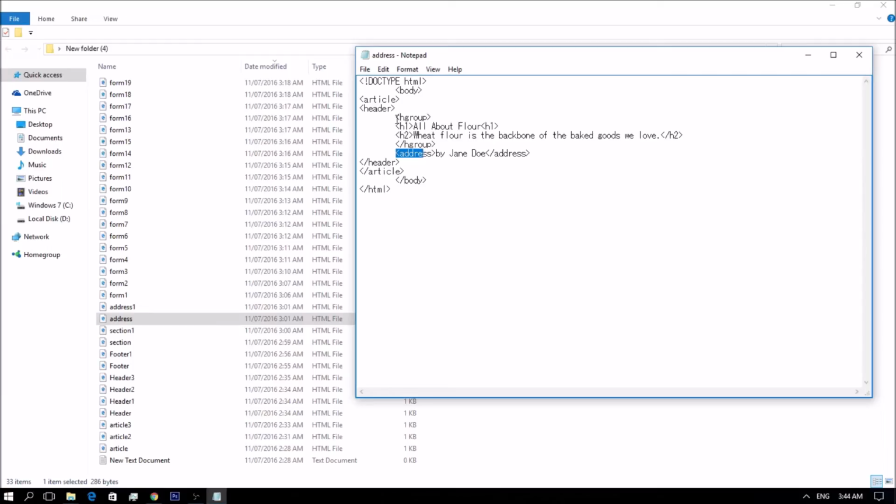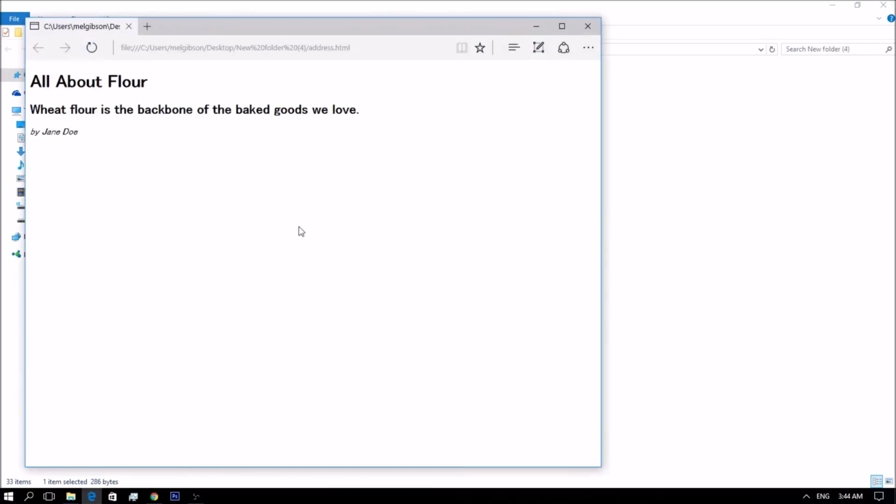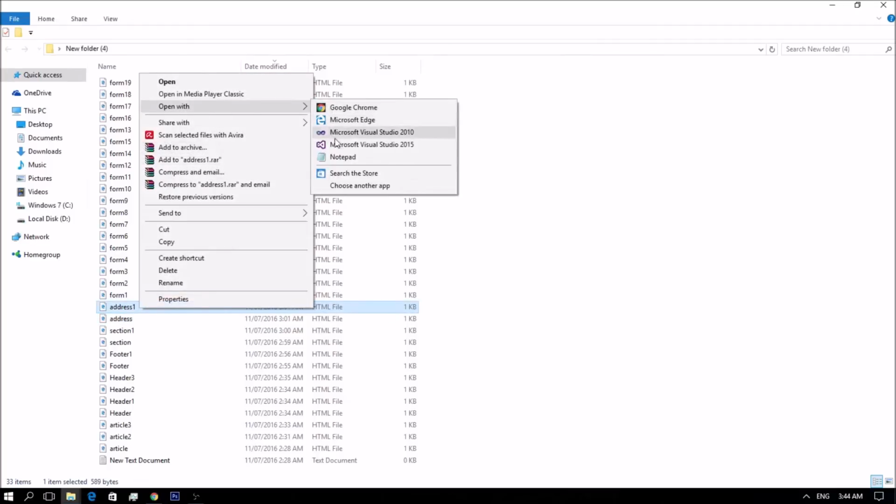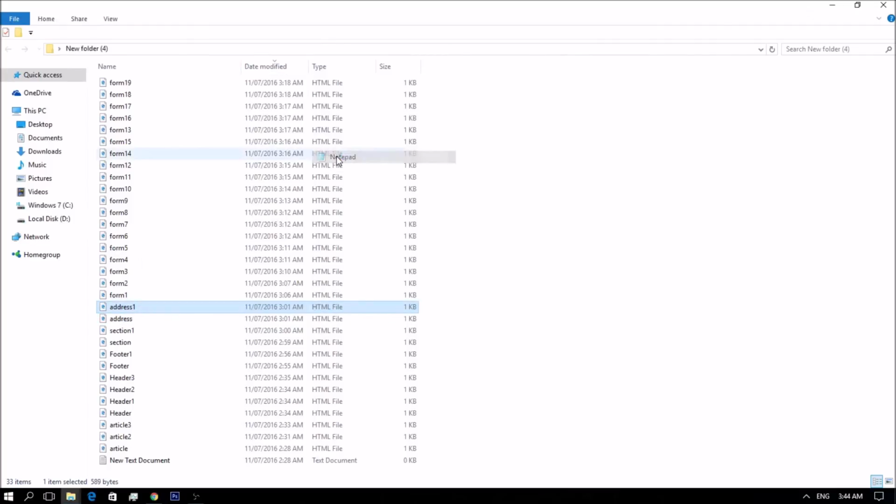So the address element can only be used to indicate authors of sections of your document. So I click this in the browser, just like that. This is by addressing the author of the section. And just to make sure, below is an example of how we should. I have another example here.